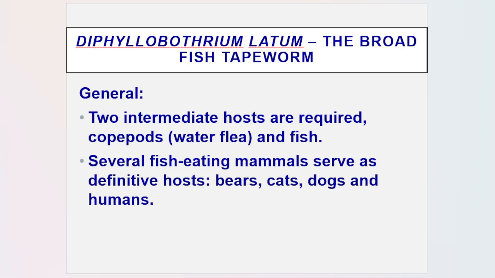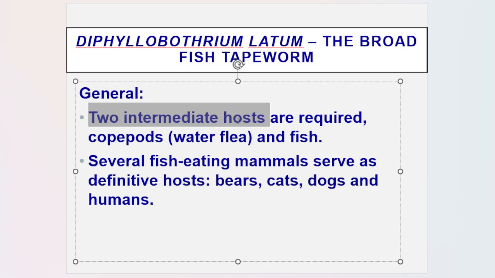Okay, so we'll discuss general information associated with this parasite. Among the different cestodes that we discuss, take note, ito yung black sheep. Okay, black sheep siya. So iisipin niyo, bakit kaya siya black sheep? Why? Because it needs two intermediate hosts. Unlike yung ibang cestodes, they only need one, or there are also na walang intermediate host, di ba? But here, it needs two intermediate hosts that makes it the black sheep.